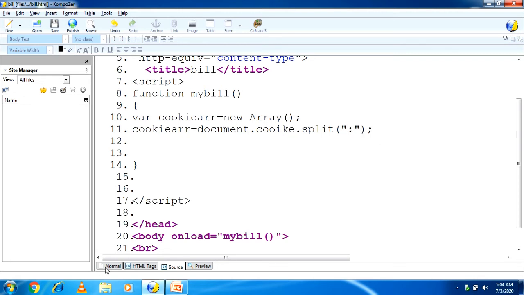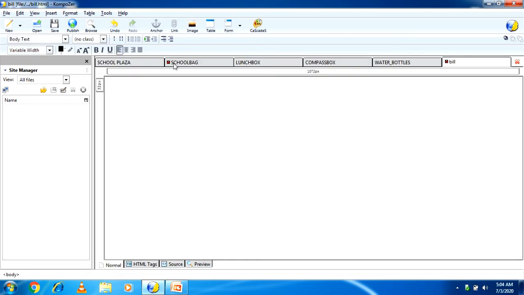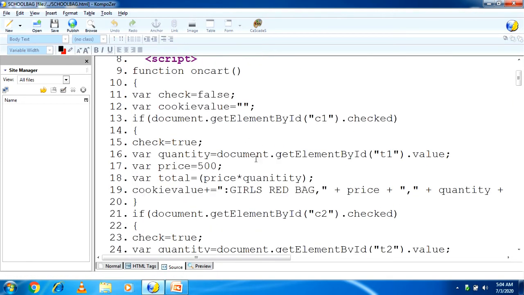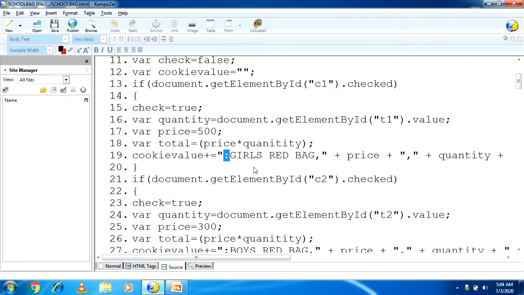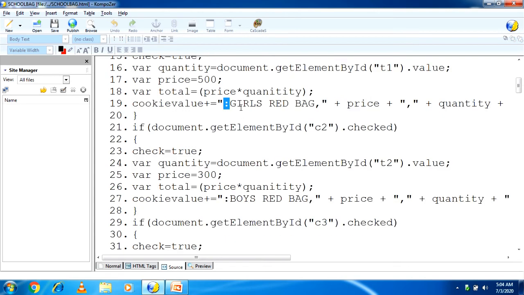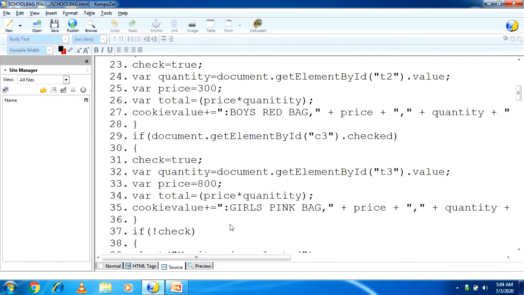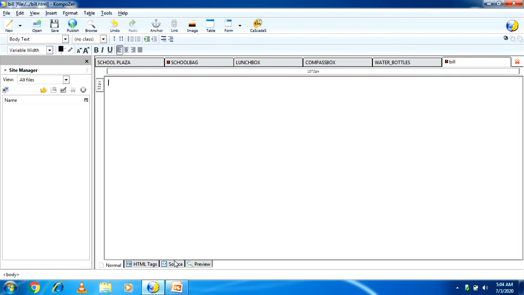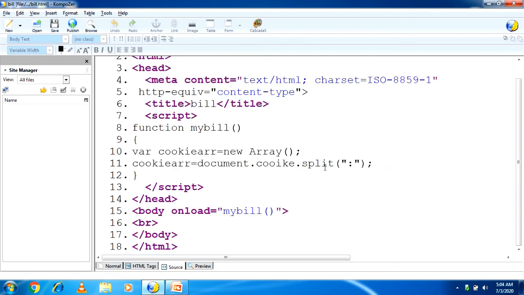Because in the school bag page you added the cookie value, and after that there is the colon. So if the user selects 3 bags, your products will be separated by this colon. Understood? That's why I have to write it there. document.cookie.split means it will separate your products and they will become an array.